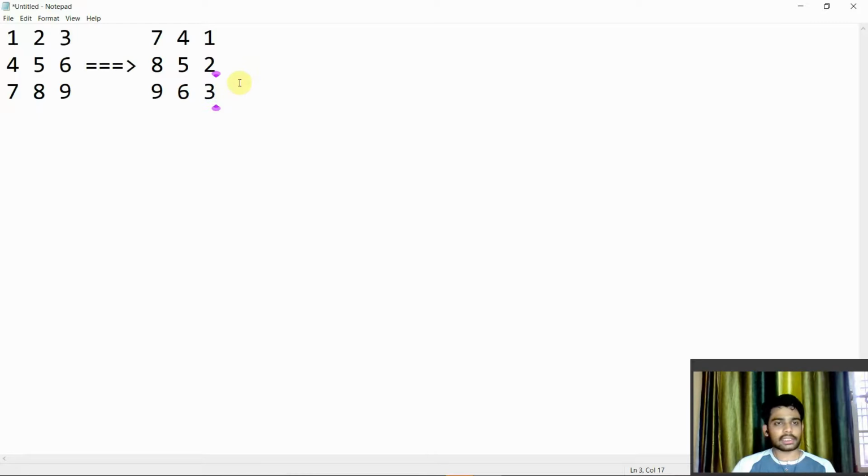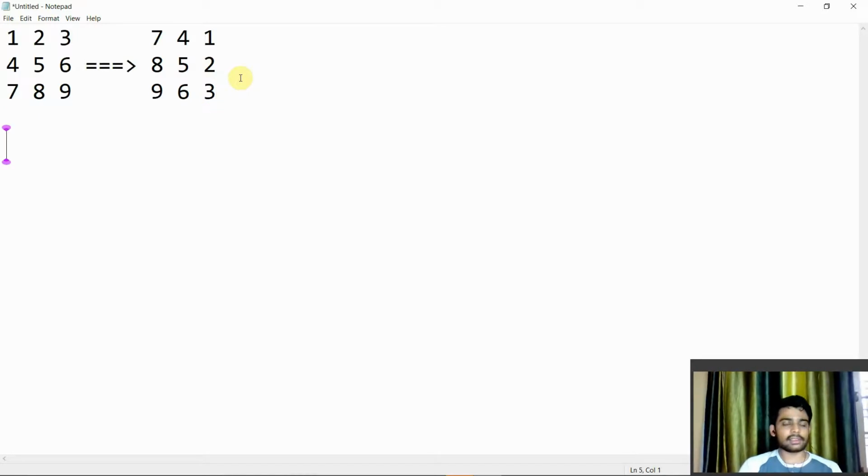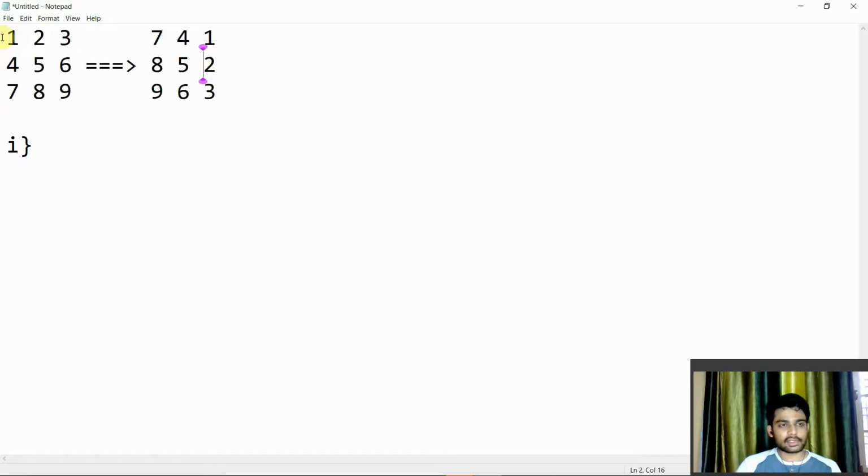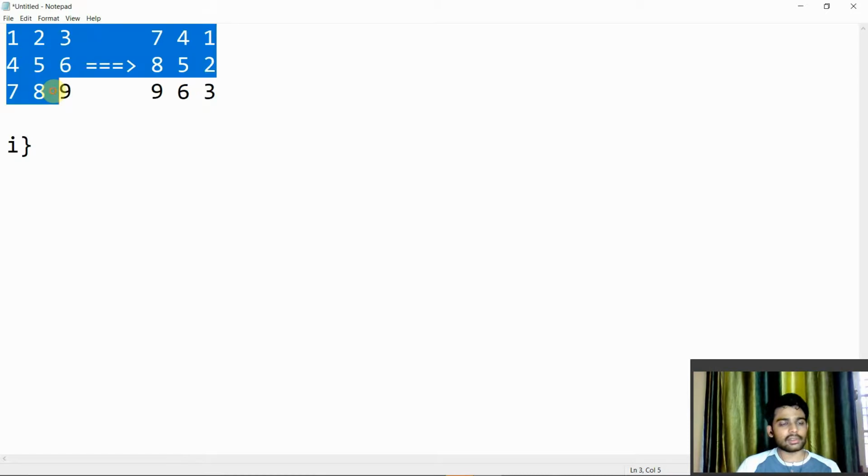So in order to get this output, what are we going to do today? I'll be explaining this with a 2-step algorithm. That algorithm will be pretty easy, very easy and very useful for solving this type of problem. So the first step in the algorithm: in order to get this output in this format, first think of how we can solve this problem.